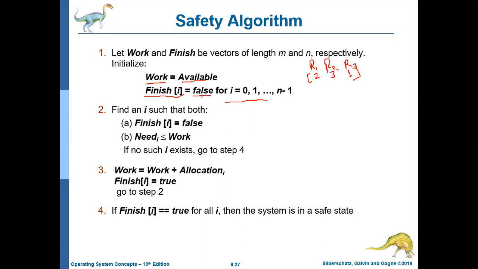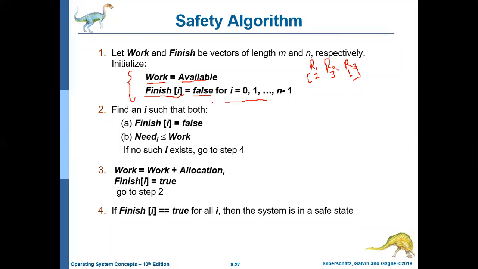If the value is true, that process is completed. So in the very beginning, you are setting all the values of finish as false. Why? In the starting, no process has executed till now. So this is the initialization part: work equal to available and finish[i] equal to false, meaning no process has been executed till now.